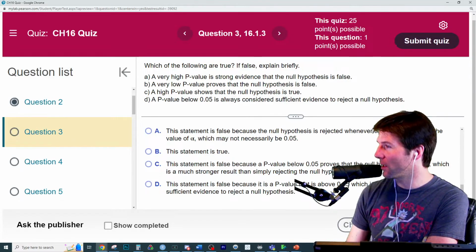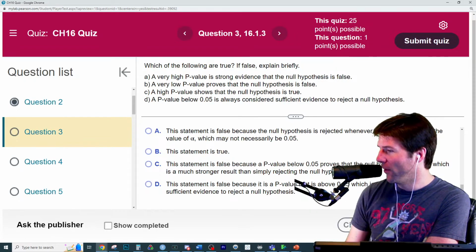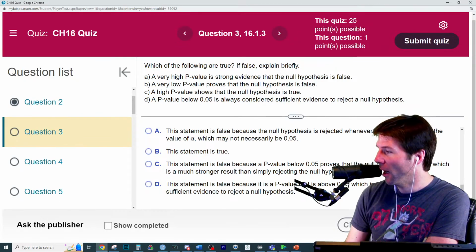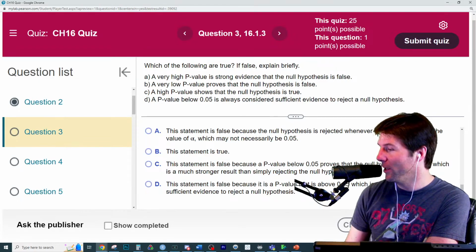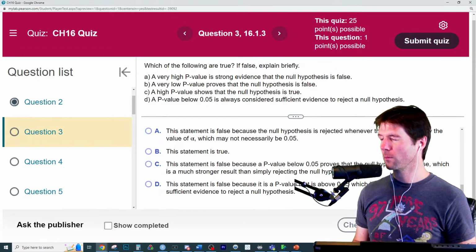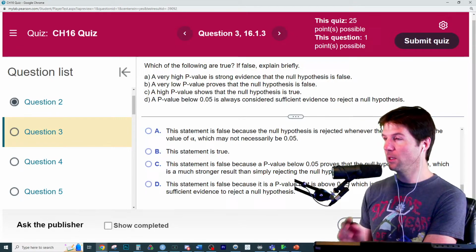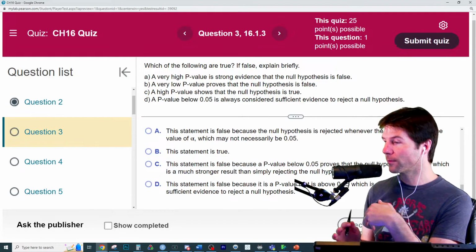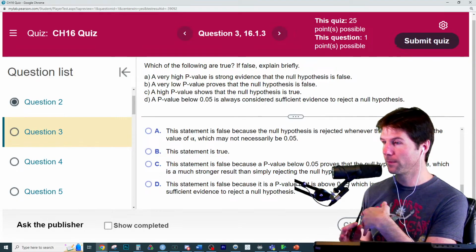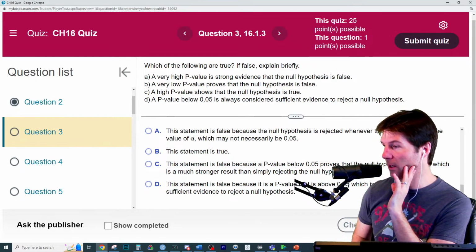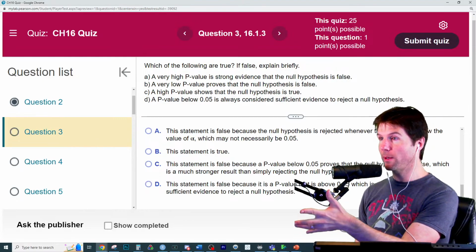Let me get Jackson. Jackson had a question when they came in. Thank you, Jackson. Is 0.05 always enough evidence? This literally goes to your question, and then I'll explain your question right here. Is 0.05 always sufficient evidence? Yes or no? It depends on the alpha level. And so we're just talking about whether to reject the null.